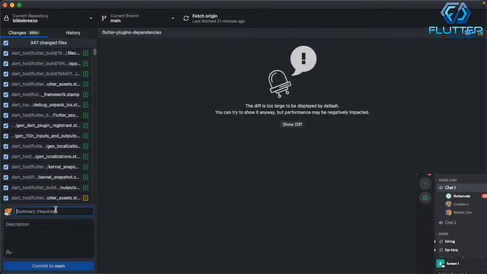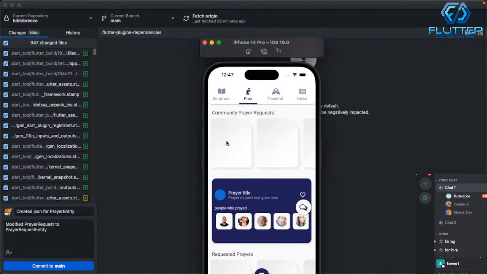We created JSON for prayer entity. Then description, modified prayer, what was it called? Prayer request to prayer request entity, just in case we're putting this note in there for all the developers in case the front-end guy